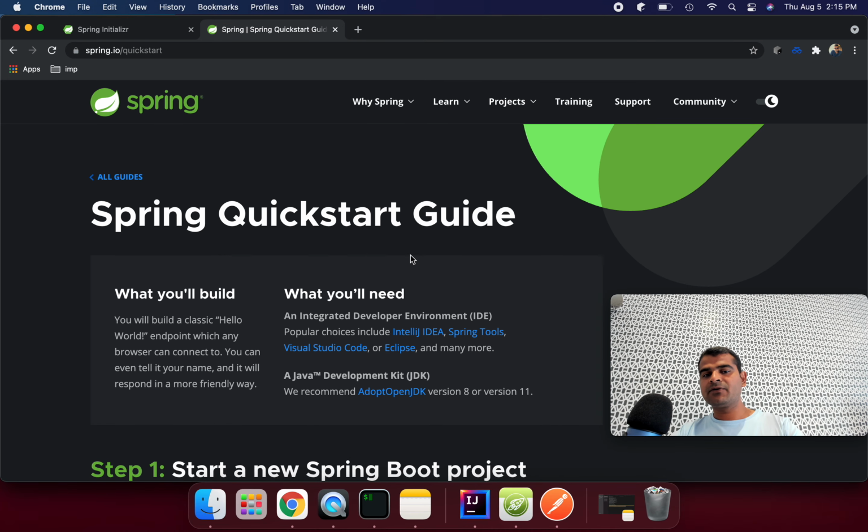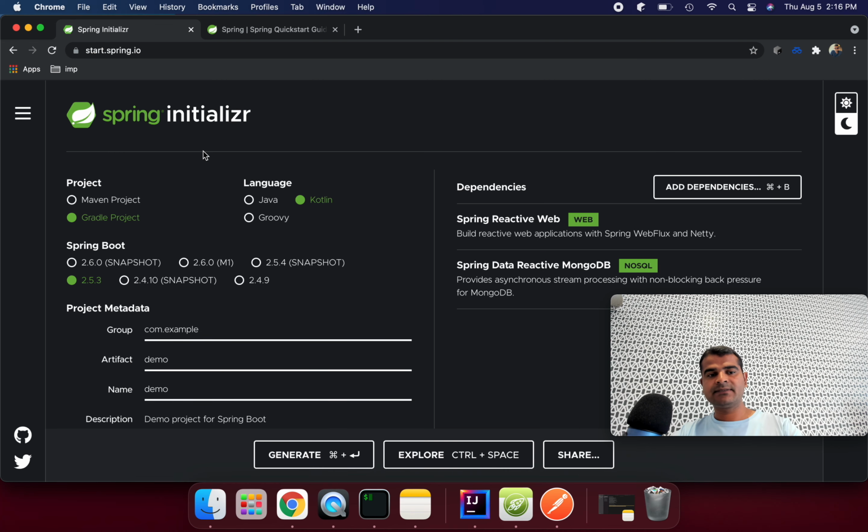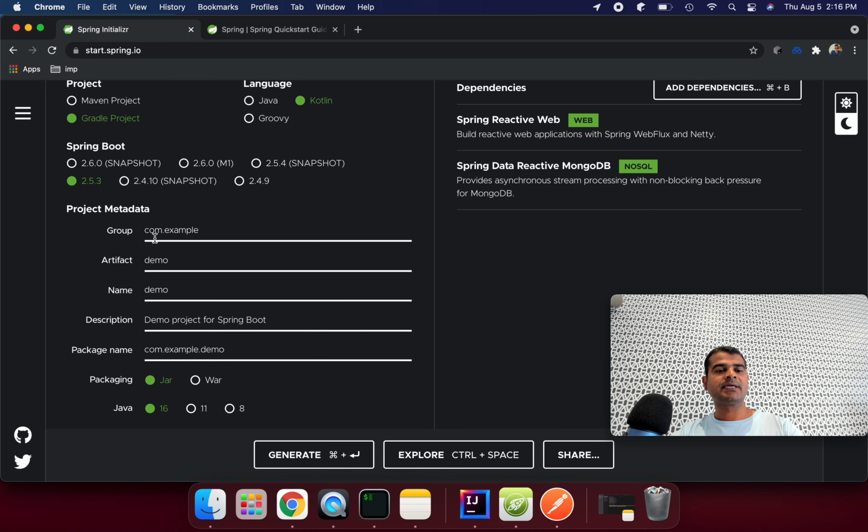So the question is how we can quickly start building software. If you go to start.spring.io and choose according to your need, right? If you are using the Maven tool for building your project, you can use a Maven project, or if you are using Gradle, you can use Gradle, up to you. Then choose the language you'd like to build the Spring Boot project in, like Java, Groovy or Kotlin, and the version. You just fill in all the details, like group name, artifact name, description, and what Java version you are going to choose.